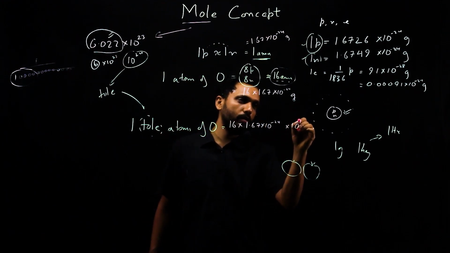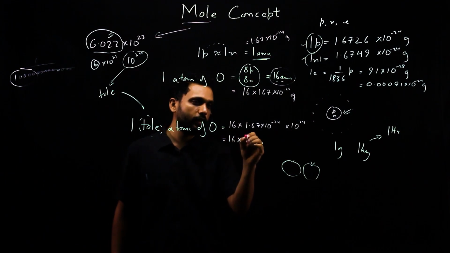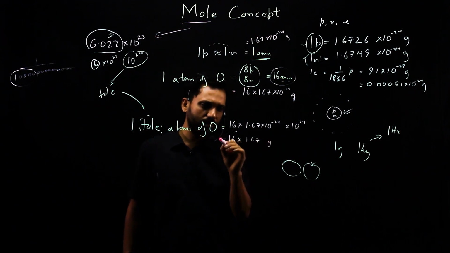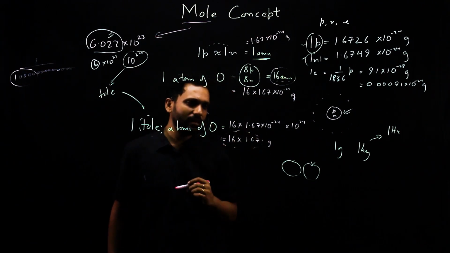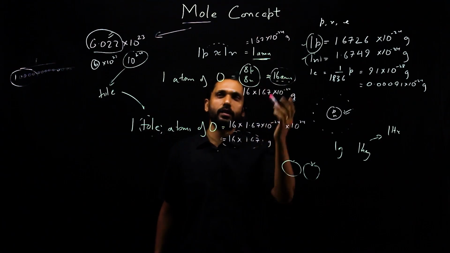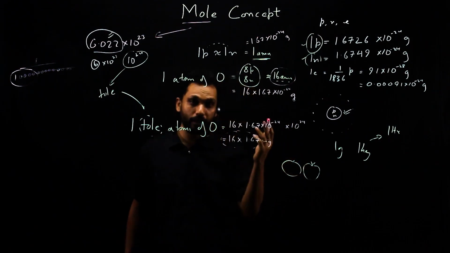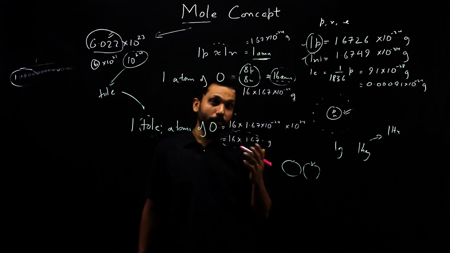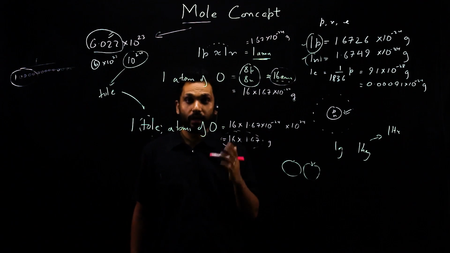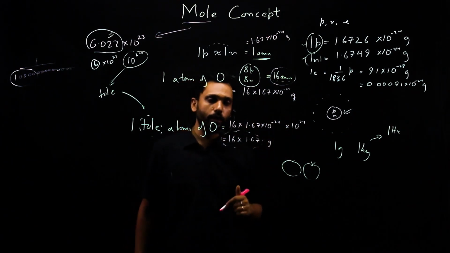So a toll is 10 power 24. So what we get is 16 into 1.67 grams. Now this is not a pretty number. That is not as easy as to recall the weight of the atom, which is 16 AMU. If I ask you what's the weight of carbon, you'll just count the number of protons and neutrons and say it's 12. And if I ask you what's the weight of a mole, a toll of carbon, that would not come as 12, it will come as some other gram value. So it is difficult to relate.